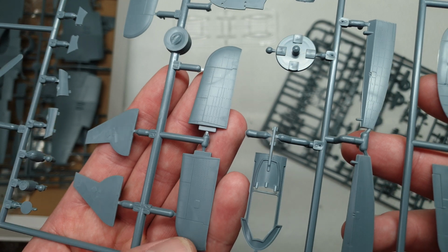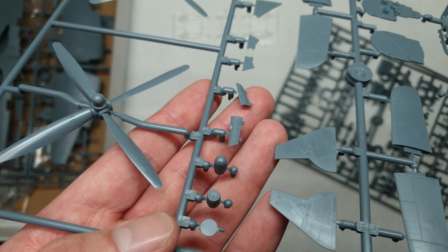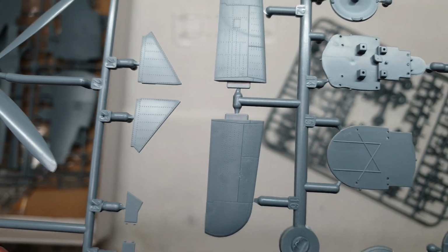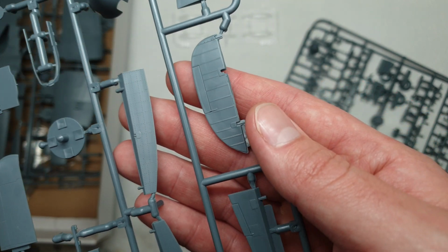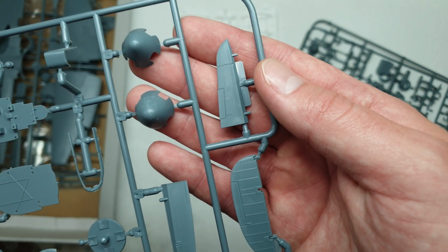Tail parts. Good just there. Some of the smaller parts. Again, most of these aren't going to be used. These are going to be for different versions. Again, more tail pieces. The rudder. And so on, looking lovely there. Different